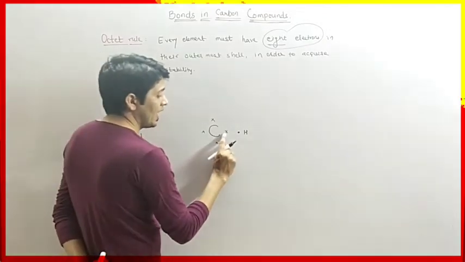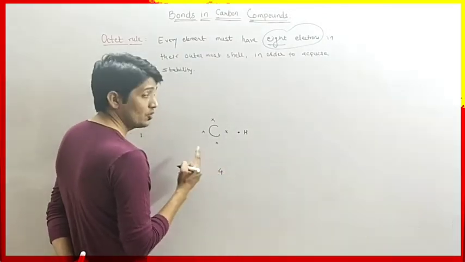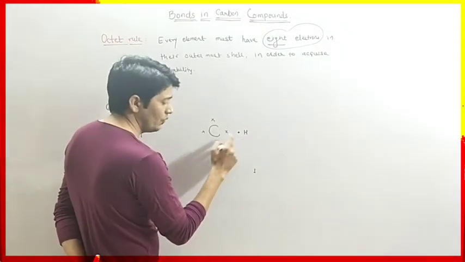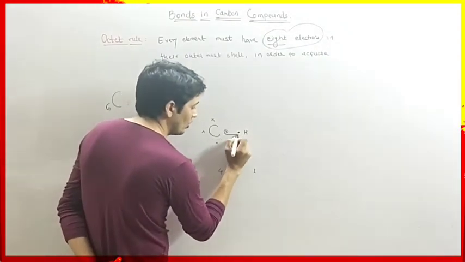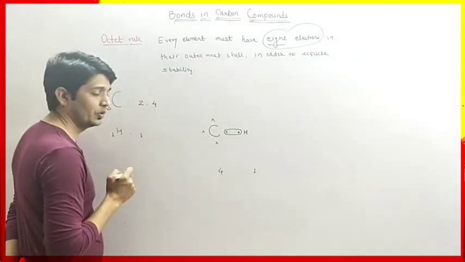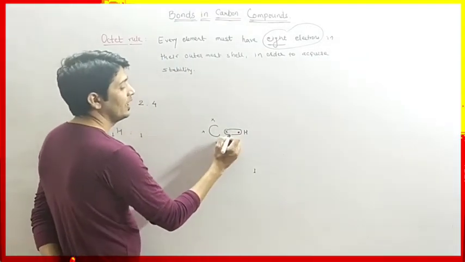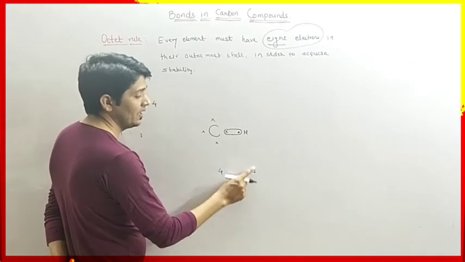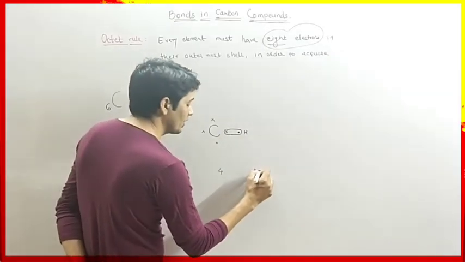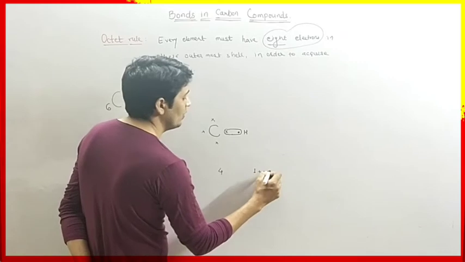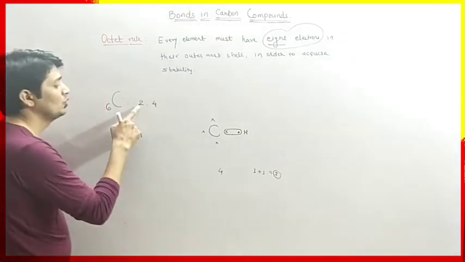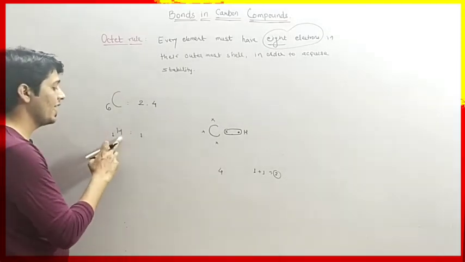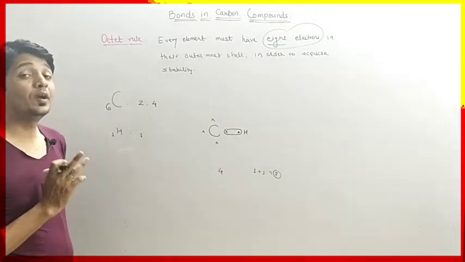Carbon has 4 electrons in its outermost shell and hydrogen has only 1 electron. So this hydrogen atom will share an electron of the carbon atom. They are sharing the electrons with each other. Hence hydrogen has its own electron and one of carbon. So ultimately 1 and 1 is 2. So in the first shell 2 electrons are present in hydrogen to acquire stability. So hydrogen obeys the duplet rule.